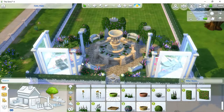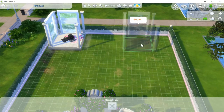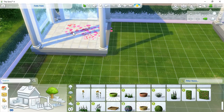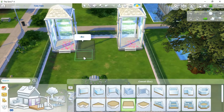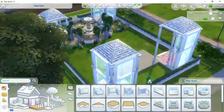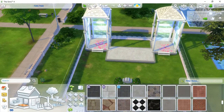Anyway, copy and paste, copy and paste. I love it. And I actually managed to get both fountains this time in the copy and paste. I believe I put one more fountain in, but not fountain. Oh my gosh, I put one more gazebo in between the two and forward a bit, just here. The reason I do that is because that's where I'm going to put the wedding arch, and behind it is a pool with a couple of fountains in the back of it,